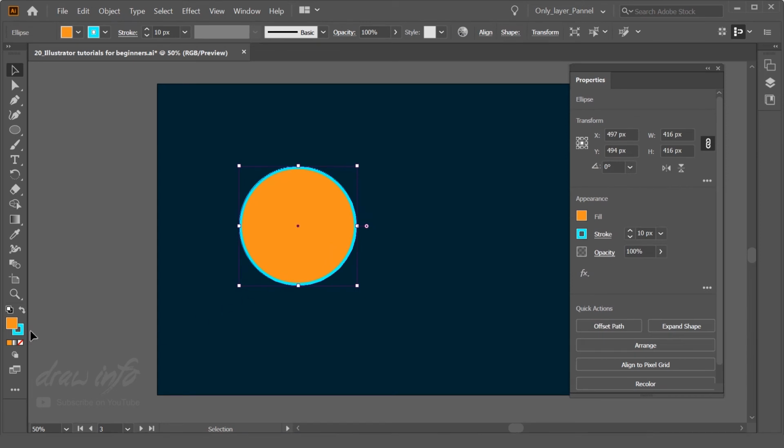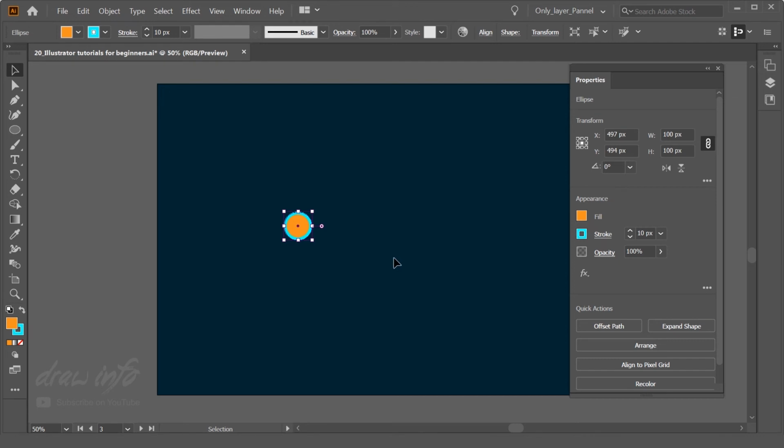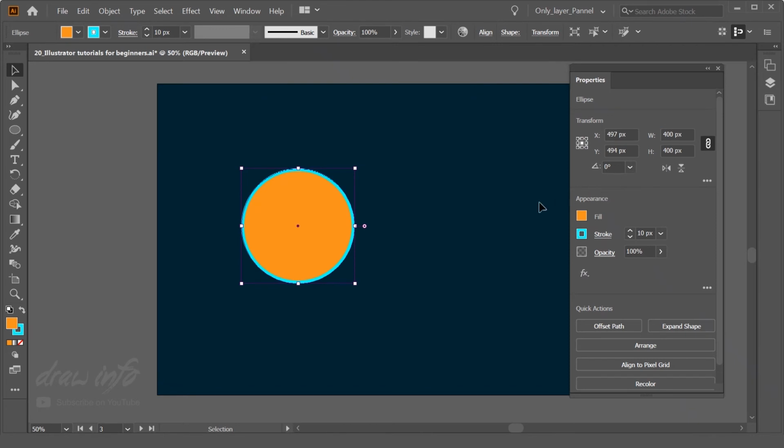You see the last properties are preserved, and when you create a shape, it by default gives that fill and stroke to the shape. So now our shape is created over here. The similar way of using XY position, height and width. Now I locked this maintain proportion icon over here. If I change this to 100 pixels, the height automatically changes to 100. If I change this to 400, it automatically changes to 400. So this is the basic use of the shape tool.